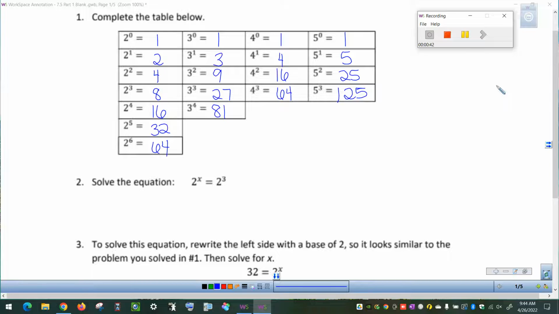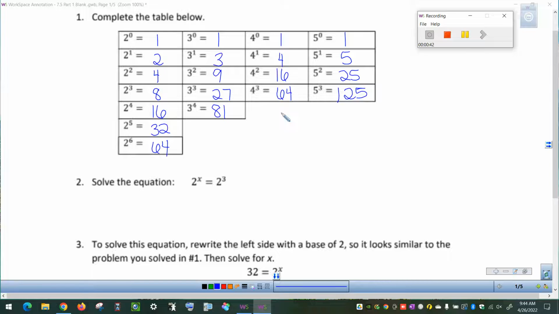All right, so we're going to come back together here and check in on those first couple of questions. So this is how we should have filled out our table. A couple of things here in the table. Notice how every time we have a number raised to the power of 0, it's always equal to 1, so that whole top row is the same. And then going down the columns, when we have a base of 2, for example, the only thing we're doing to get from one value to the next is continually multiplying by 2. In the next column, when we have a base of 3, we just continue to multiply by 3, and so on. And so having reference to this table is going to help us with our first method for solving